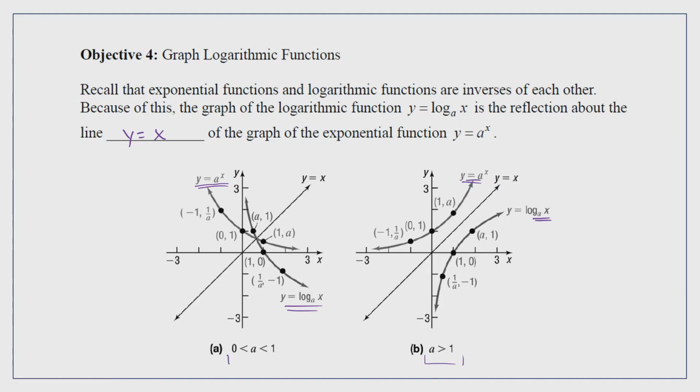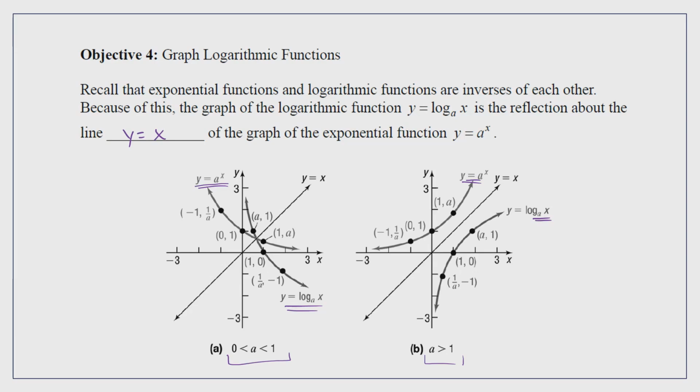This is where a is between 0 and 1, so it's less than 1 and greater than 0, and b is greater than 1. But just note that when we have our exponential function with the base within these requirements, we get the inverse function, which is our log function,